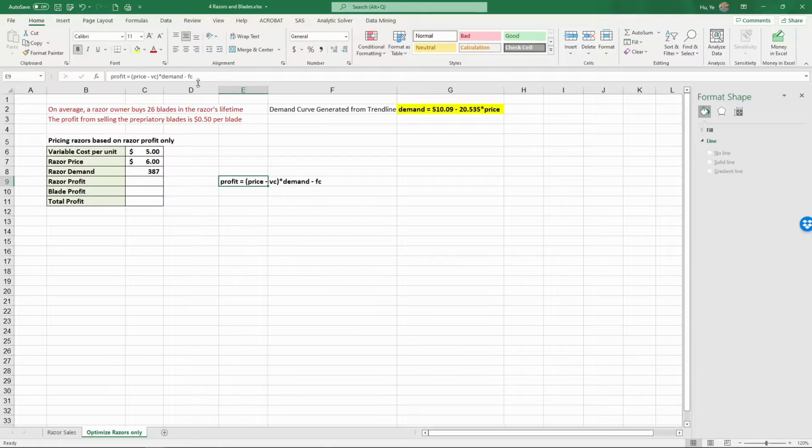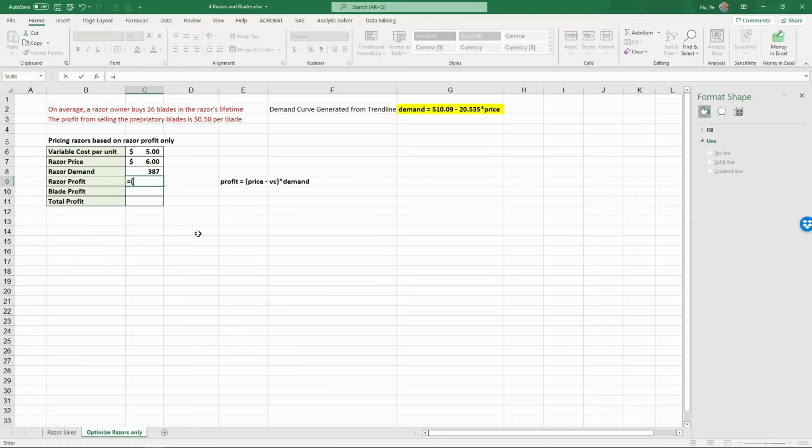Let's eliminate this because it's irrelevant. So the profit component without fixed cost is equal to the price of the razor minus the variable cost, and close the parenthesis, and times the demand of 387,